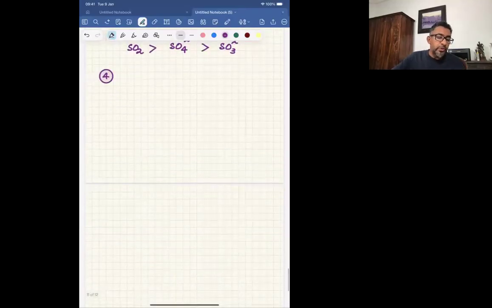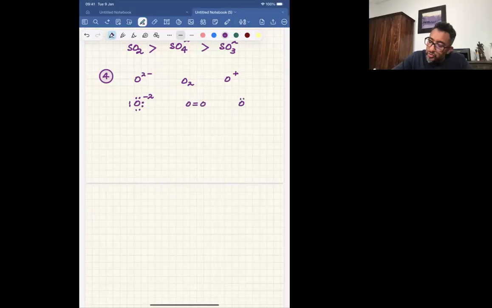Question number 4: O2 minus, O2 and O plus. So how does that work? O2 minus: oxygen, 1, 2, 3, 4, 5, 6, 7, 8, minus 2. O2 has a double bond between the oxygens. O plus: 1, 2, 3, 4, 5, and there's a plus charge, right? So if you look at that, you can see